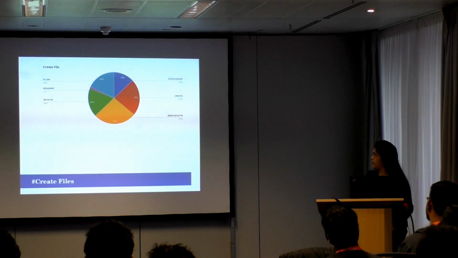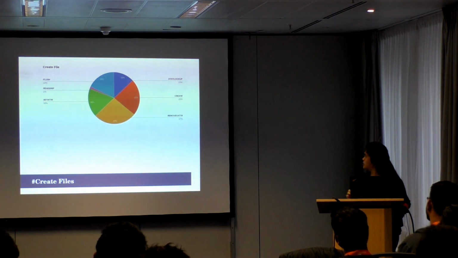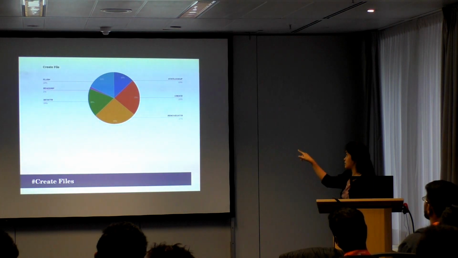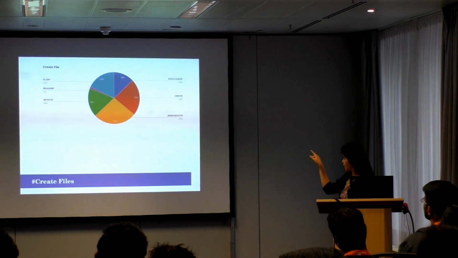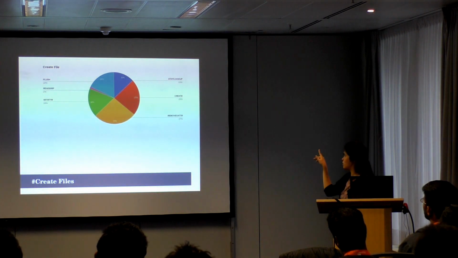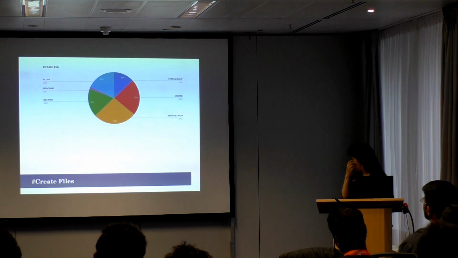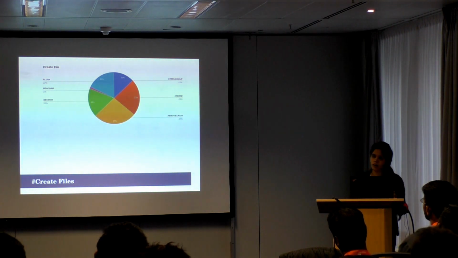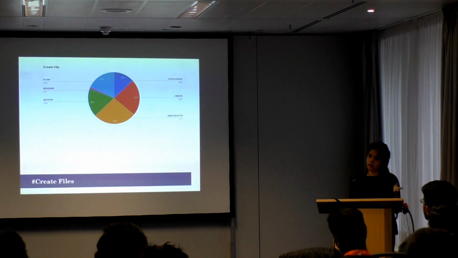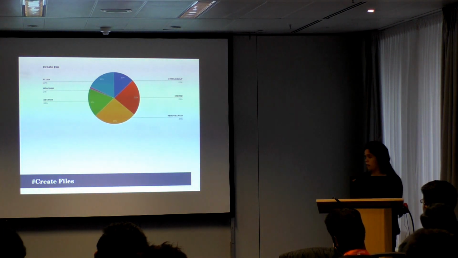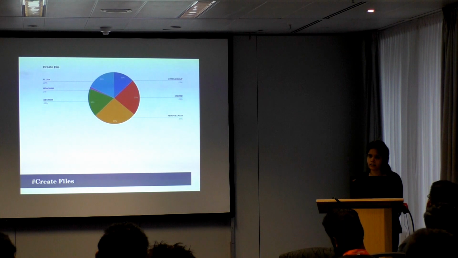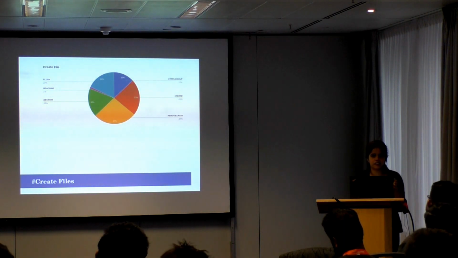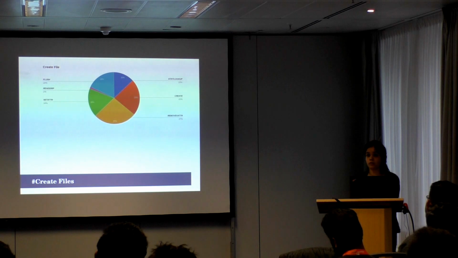Now the next would be create files. In create, as you see, the highest time is accounted for by remove xattr, followed by create, and then setattr, lookup, read-repeat, flush. This remove xattr is on security.ima, and this is seen only on CentOS 7 kernels. It is not seen on CentOS 6 and older versions of the kernel. So we have to keep profiling this often with the latest kernels and different versions, so we at least discover such things and add them to our cache.